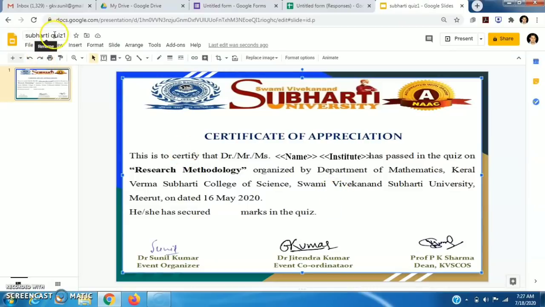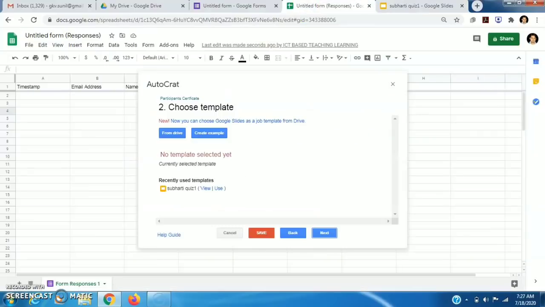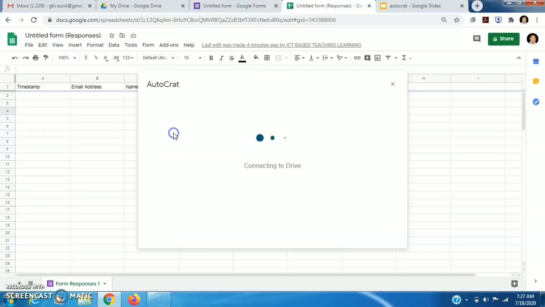And suppose I name it as autocrat. Now we go there and we select the template from our drive.